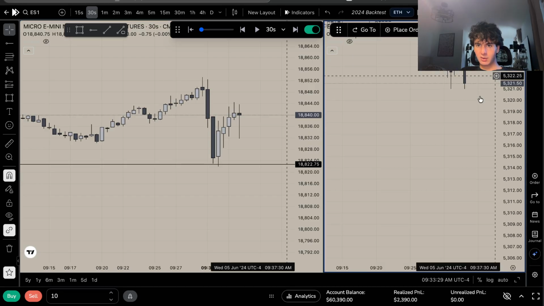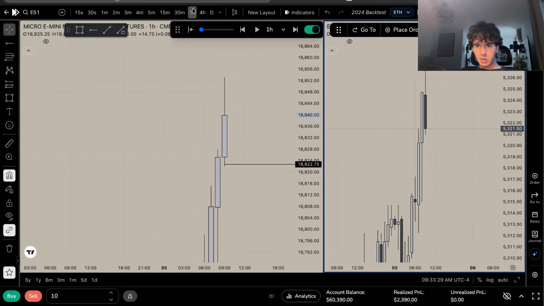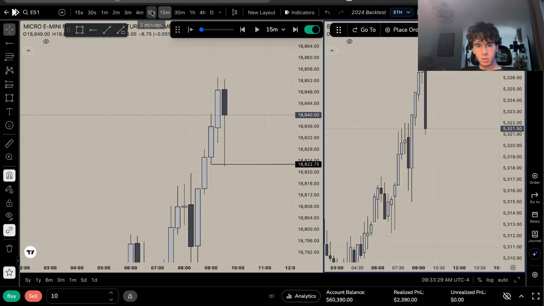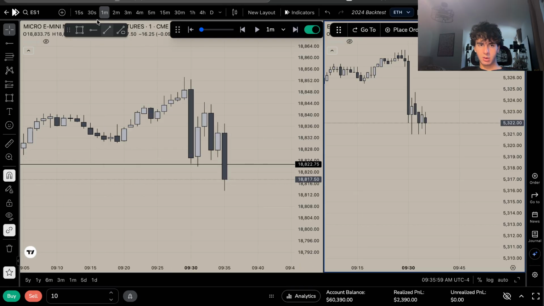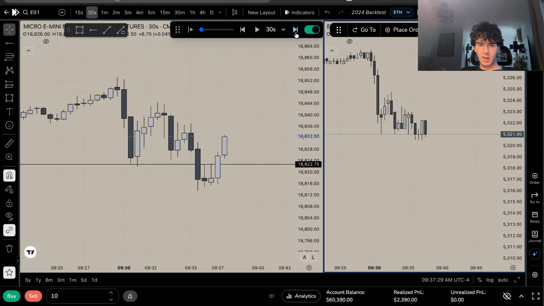Our pairs are not very correlated here. So ES kind of looks like it wants to manipulate a little lower. I don't like how ES is looking here. Although we did tap the 30-minute on NQ. I don't love how ES looks here whatsoever. I definitely prefer to get a stop right here. All right, there we go. So we get a good stop right there. And then let's see what we do off of that.